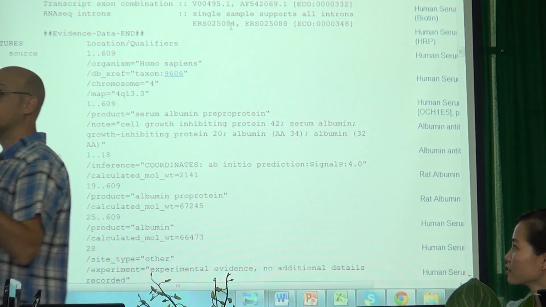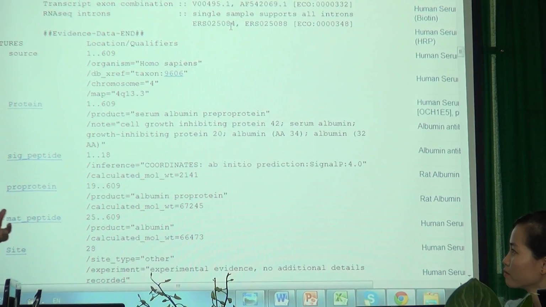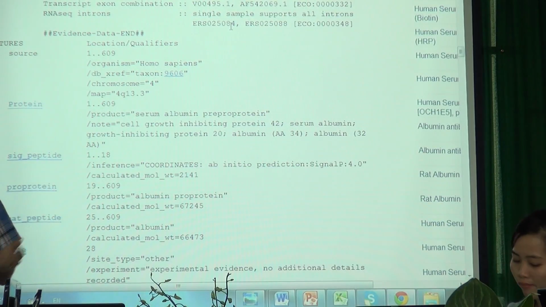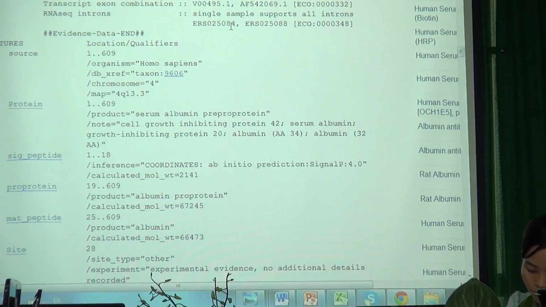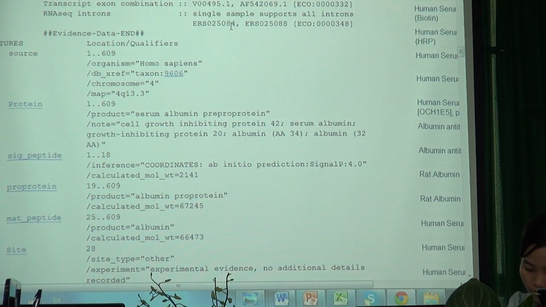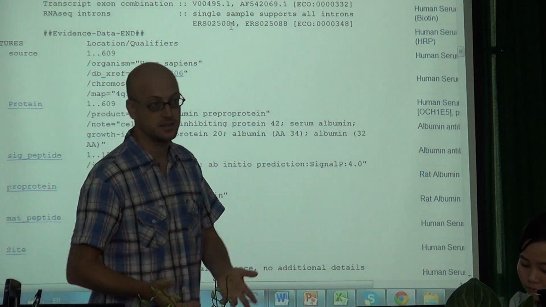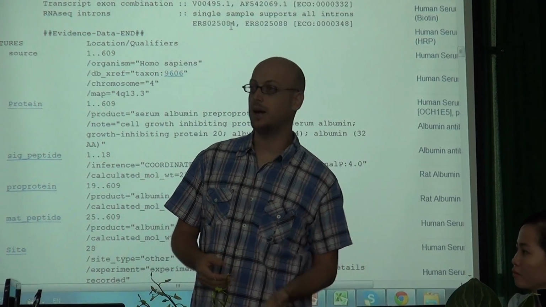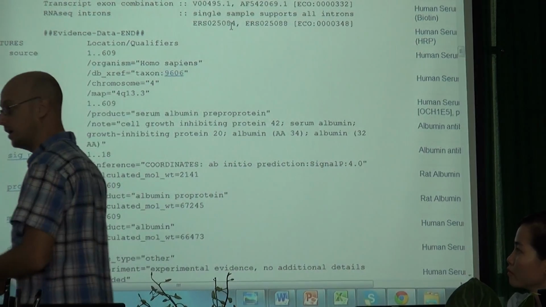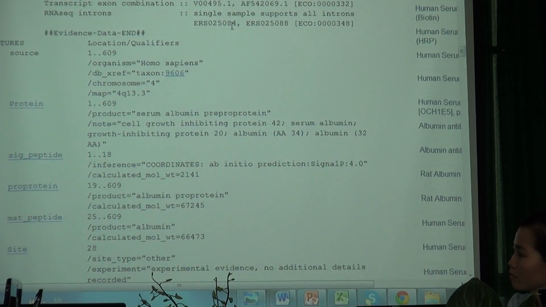So, very few proteins like albumin, like proteins that are very popular in disease, in mice, in Drosophila, very few proteins have